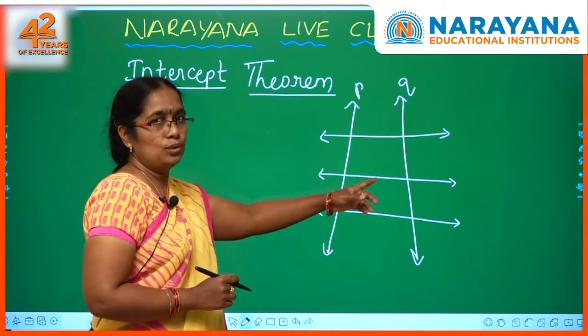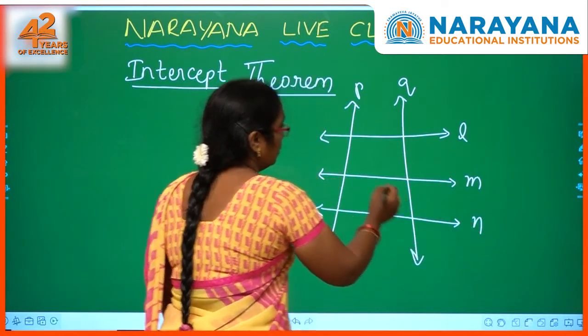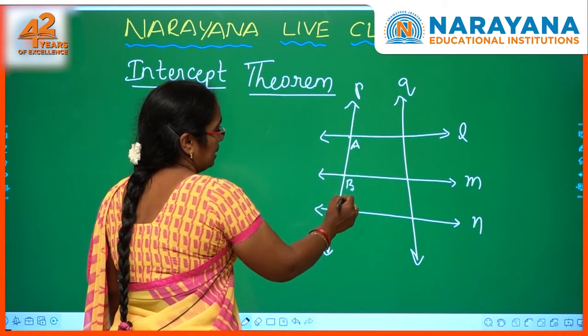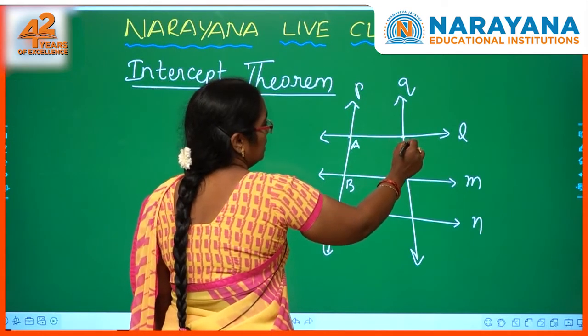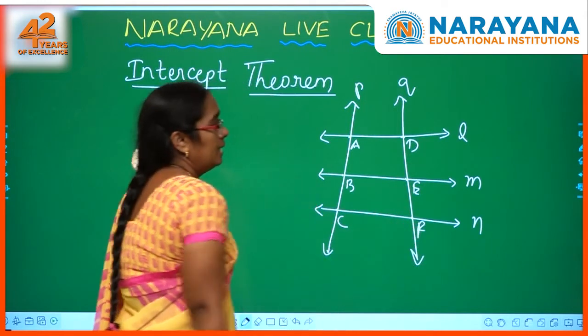This is P and Q transversals, and these are the lines L, M, N. Okay, if they intersect these lines at distinct points A, B, C, and this is D, E, F, then